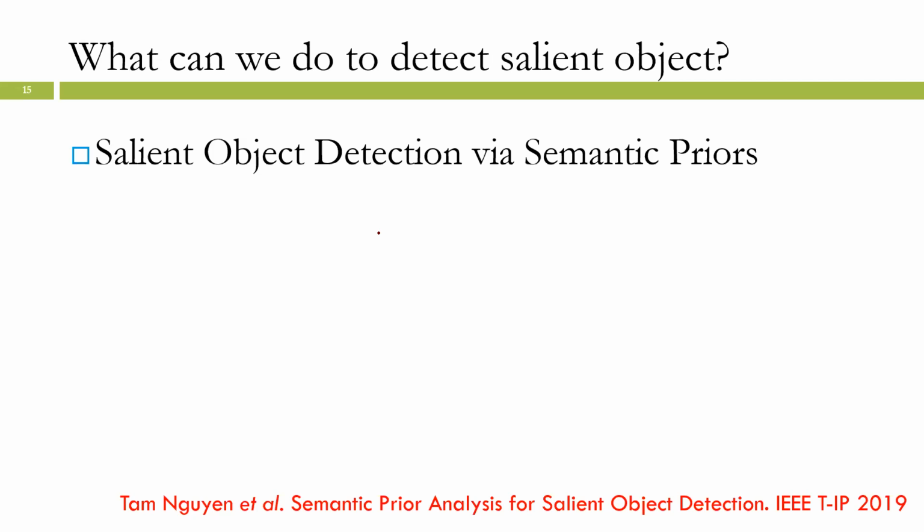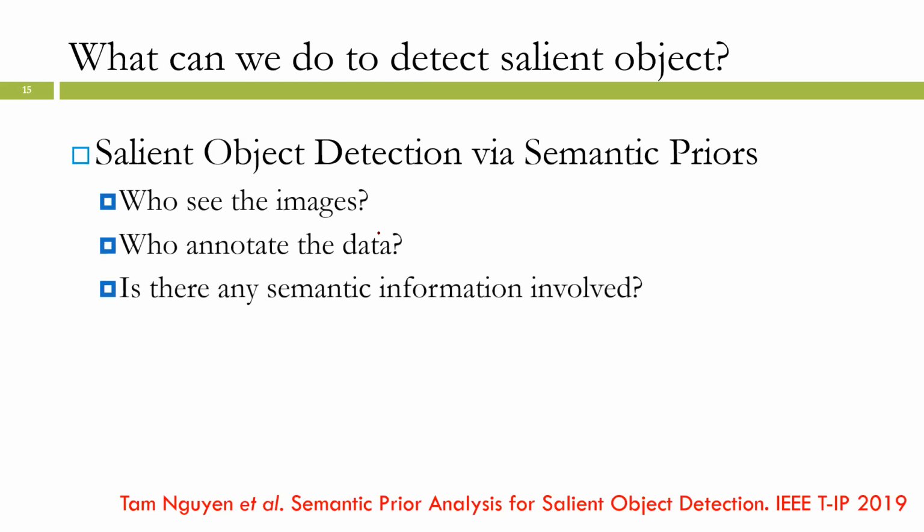Before we go to that, I want to give the motivation. We answered several questions. Who sees the images? Who sees the stimulus? Well, humans, I think. And then who annotates the data? Of course, us, humans, right? And is there any semantic information involved? Let's investigate it. Actually, this is a paper that I published in the IEEE Transactions on Image Processing,